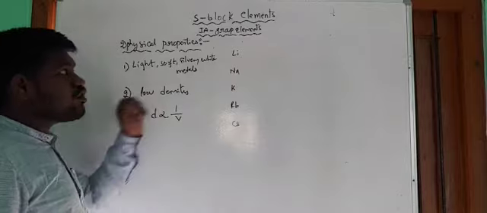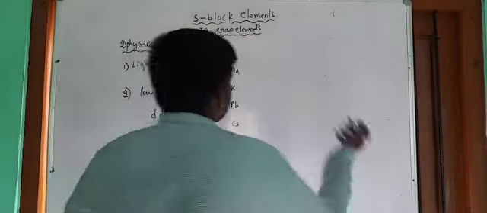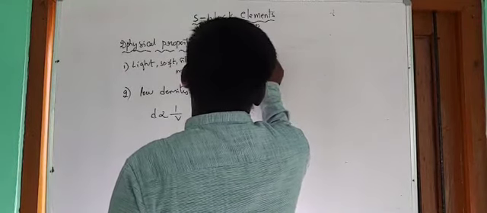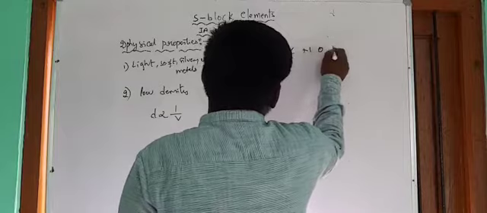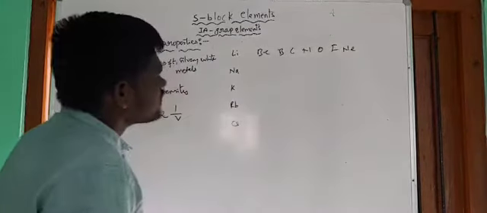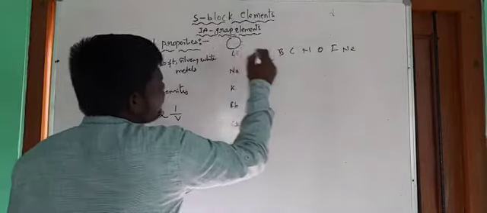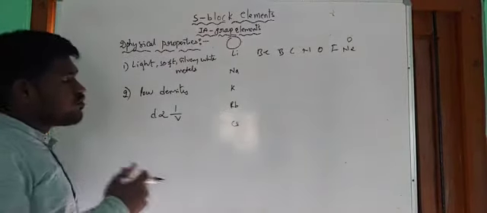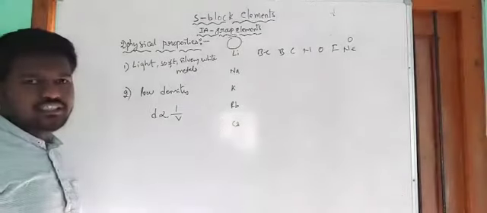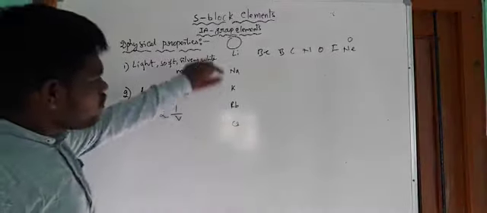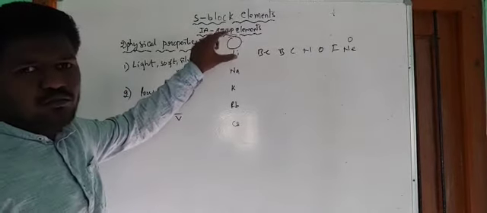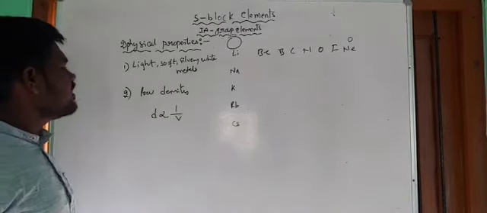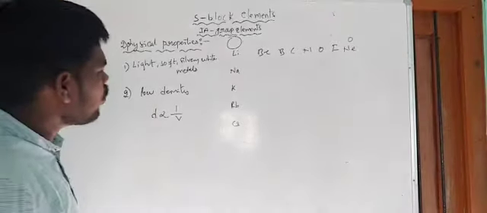For example, if you take the second period, the elements are lithium, beryllium, boron, carbon, nitrogen, oxygen, fluorine, and neon. The size of lithium is larger compared to the size of neon. From left to right in a period, the size of the atoms decreases. So in a particular period, only this element has more size and more volume. Due to the more volume and size, the density exhibited by these elements is low. So they have low density.